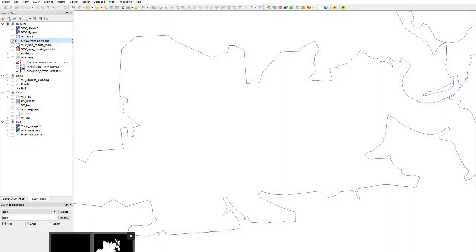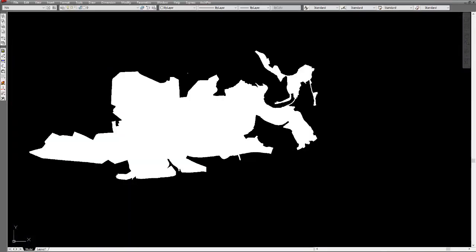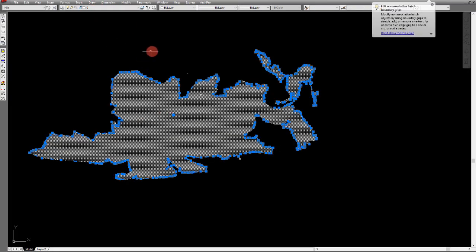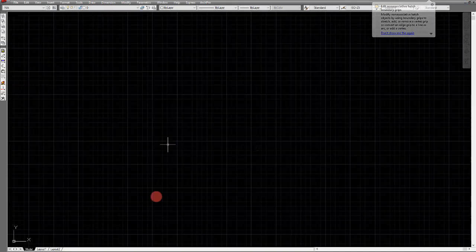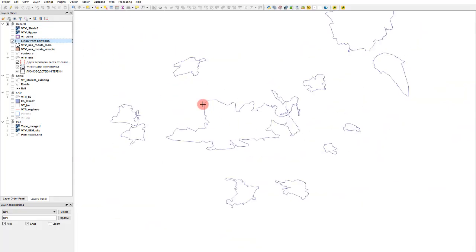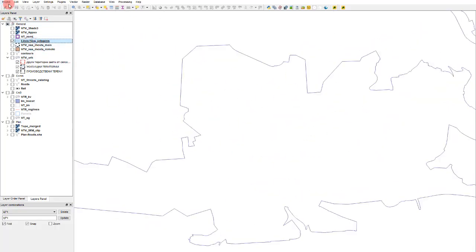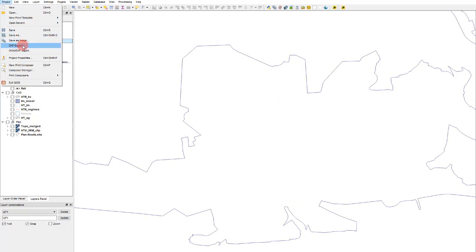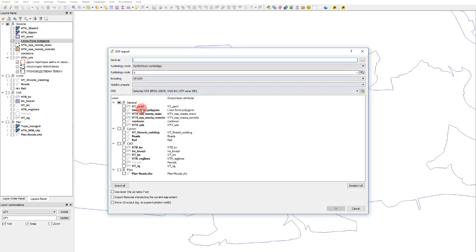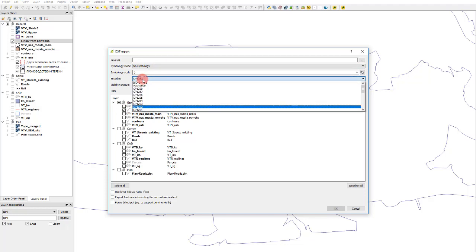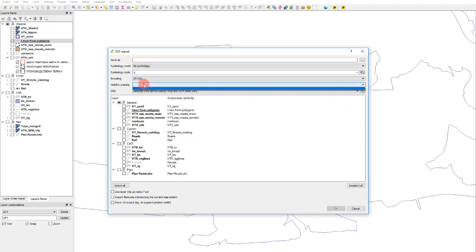So, since we had a problem with exporting to DWG, I will show you another way to do it. This is the previous file. I even created a hatch here and tried to copy, but same problem. Copy to clipboard failed. Now I will try something different. Let's select the converted layer and go to Project, DXF Export. We'll select the layer and we'll export no symbology. Encoding will be this one,